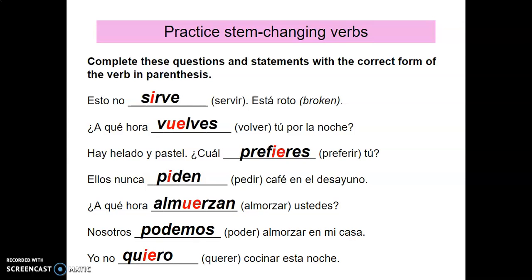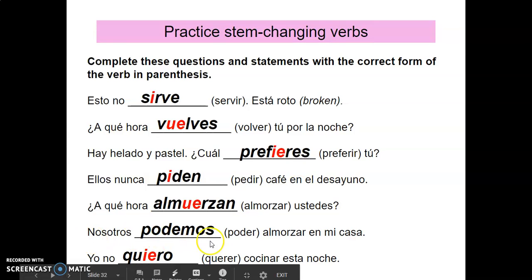Let's finish off these last two. Nosotros podemos, poder en la forma de nosotros. It's not stem changing. Podemos almorzar en mi casa. We are able to lunch at home. And yo no quiero cocinar esta